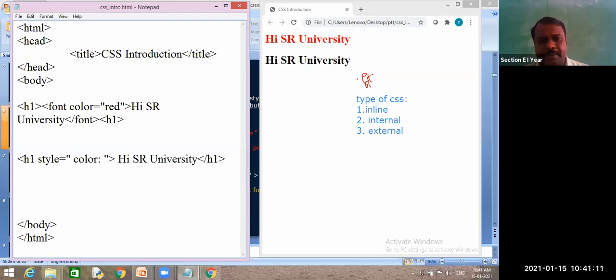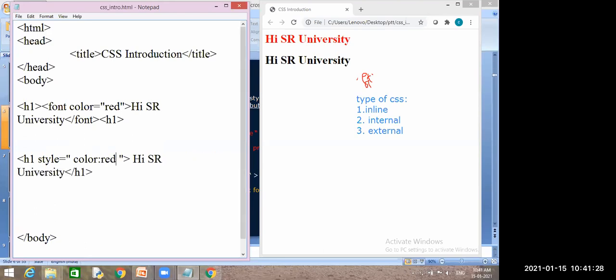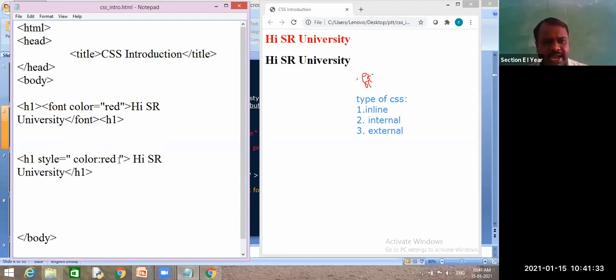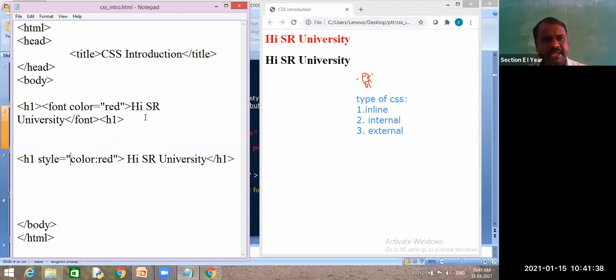I will tell you all the properties. We have different types of properties, but as a beginner level, I will introduce 2 to 3 basic properties, and using those we'll learn all types of CSS. Color, I want to change this color to red. What I did is I used the style attribute, color and red. That's it. No need to write a separate element. I have saved this one, and I will see the response. So is it applied or not?